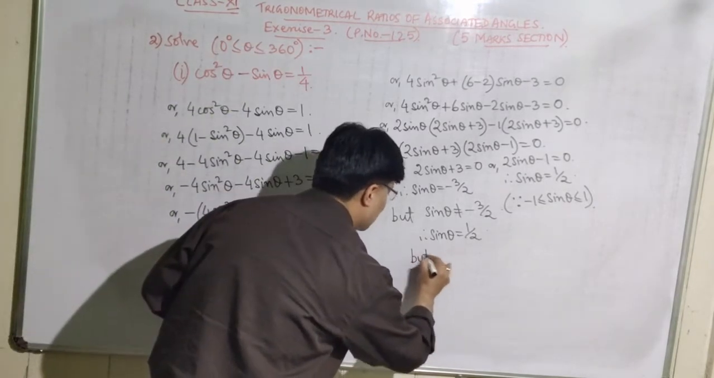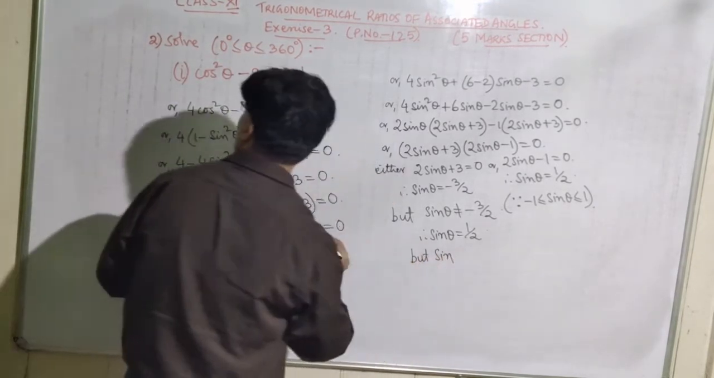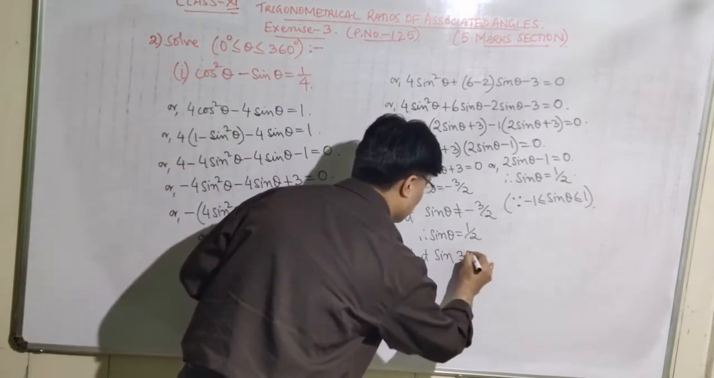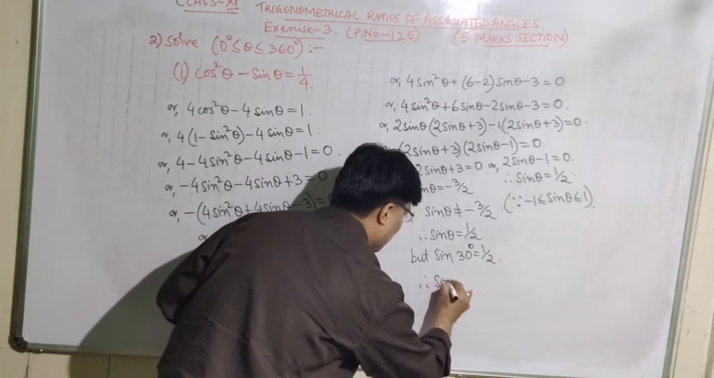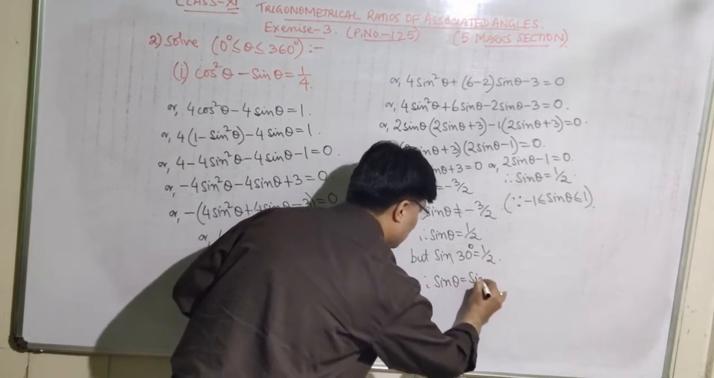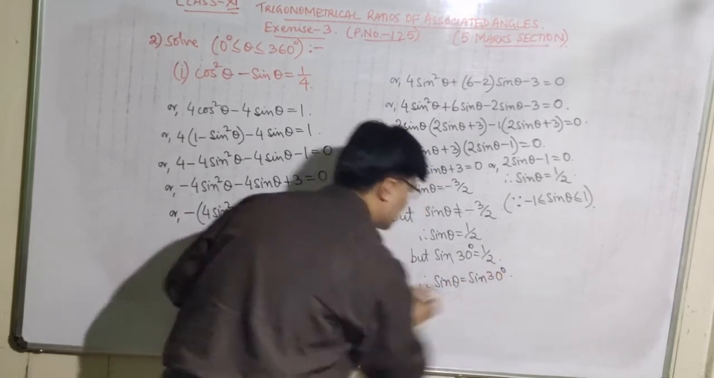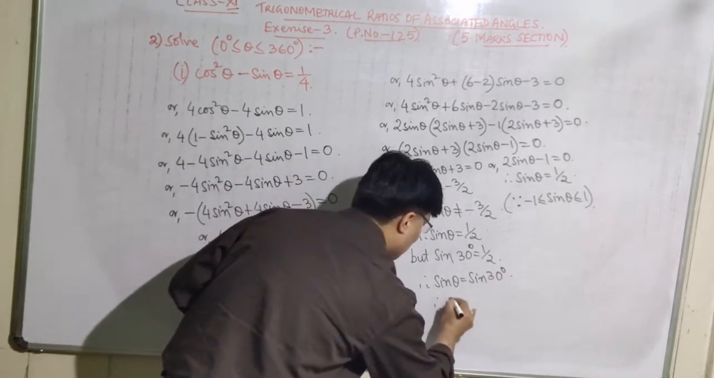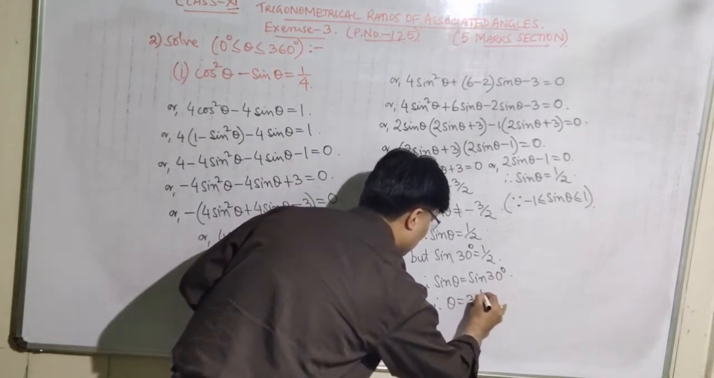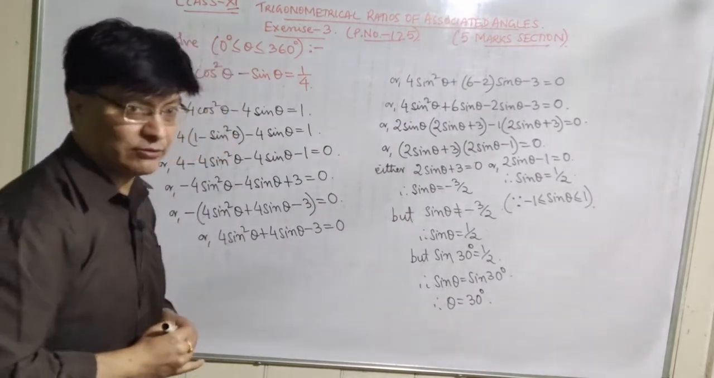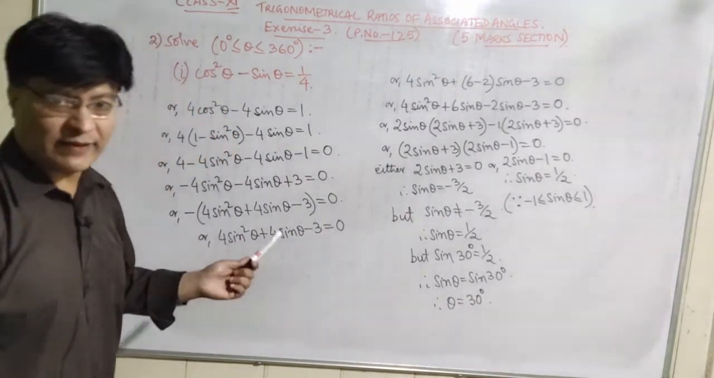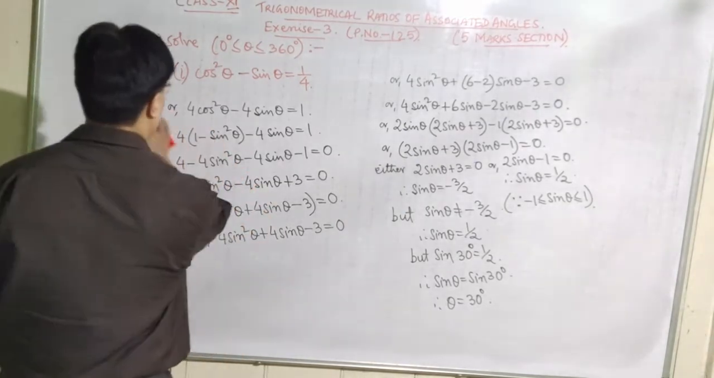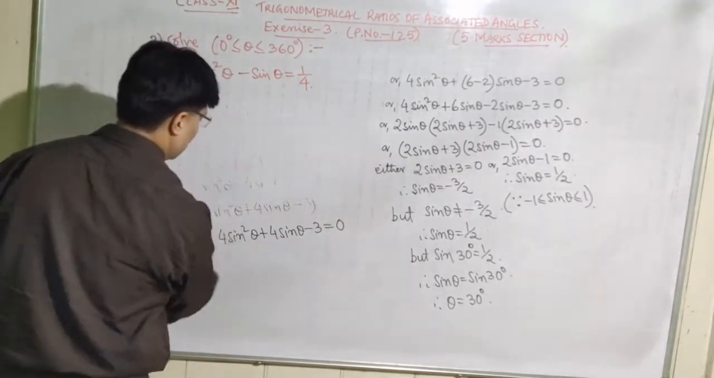But sine of which angle is half? Sine 30 degree is equal to half. Therefore, sine theta is equal to sine 30 degree. So what is the value for theta now? Theta is equal to 30 degree. So we have got one of the values of theta, that is 30 degree. Now next,